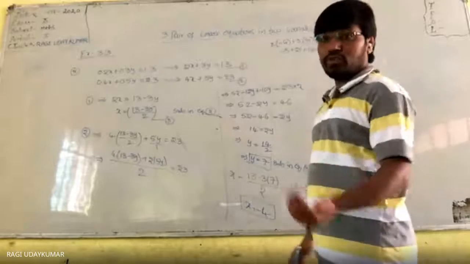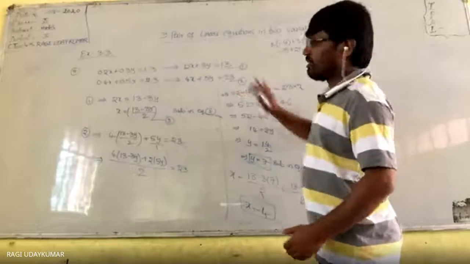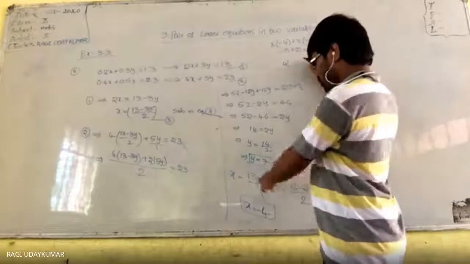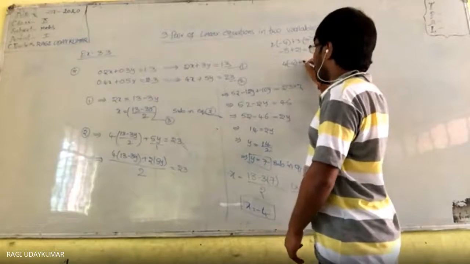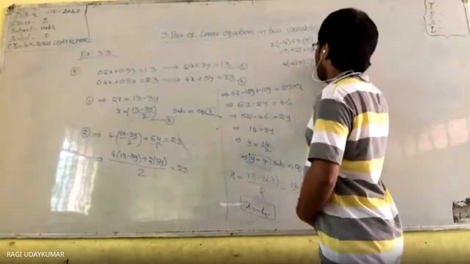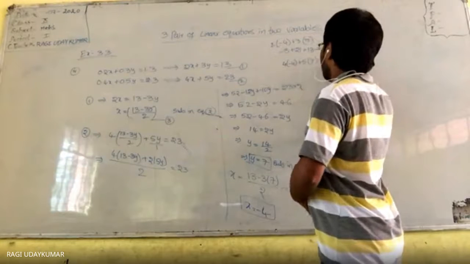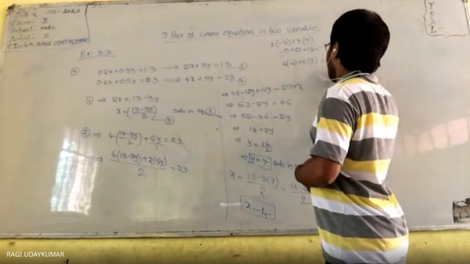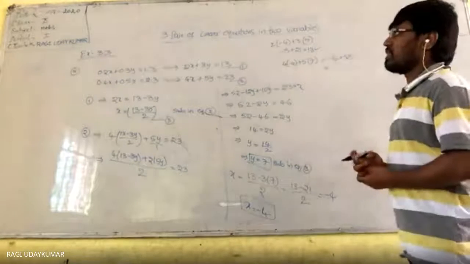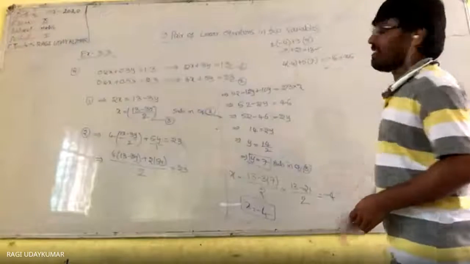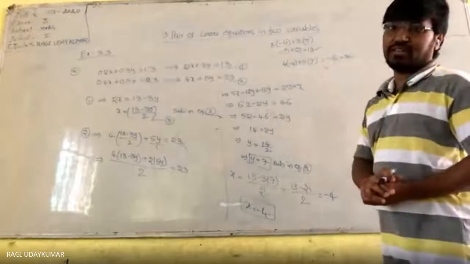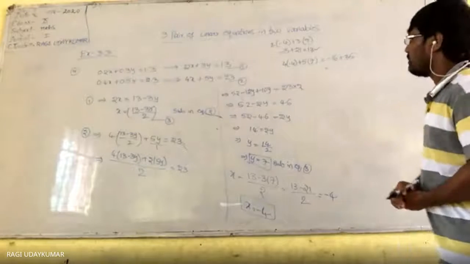Let us go for the, we need to check for the second equation also. सेकंड इक्वेशन में भी सब्स्टिट्यूट करना है. 4 इंटू -4 प्लस 5 इंटू 7 इज इक्वल टू -16 प्लस 7 5 25. So -16 plus 25 is equal to, sorry. Sir, 7 5s are 35. Oh, sorry. 25 लिख दिया. Okay. Sir, 7 5s 35 होगा. Sorry. 35 minus 16.